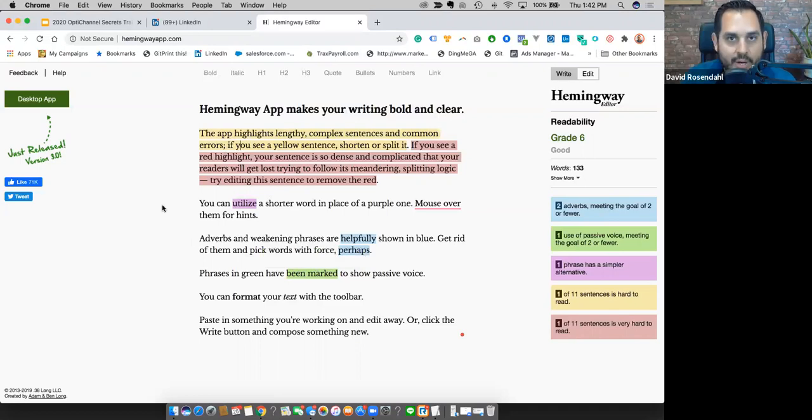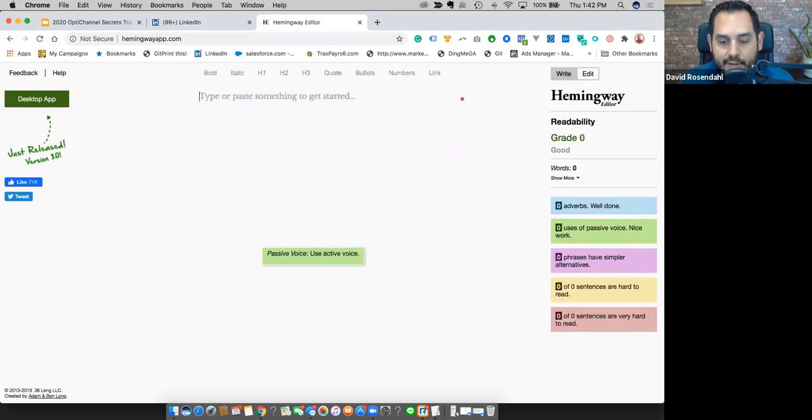But to answer your question, those who have asked about the grade level, see here where it says grade 6? This is what I use to write at a second grade level. So this is obviously a little above what I would suggest. If you come back and say, this is a great post, I want you to read it, and I want you to love and enjoy it, it'll start to update. Right now it's still too little.